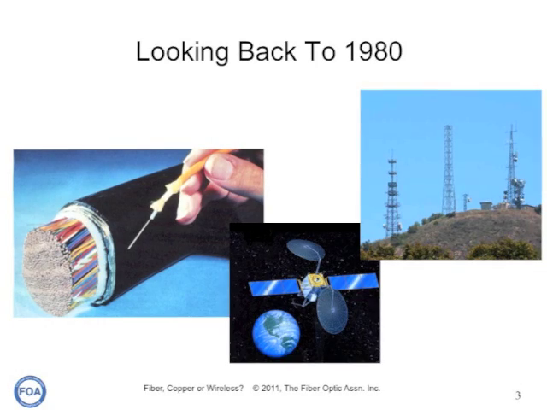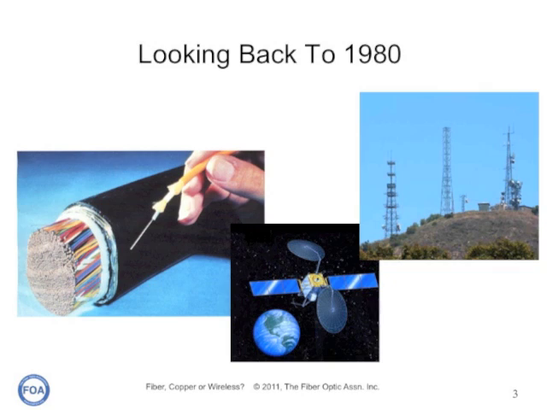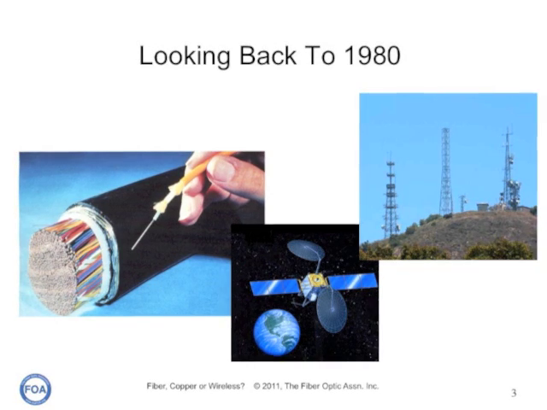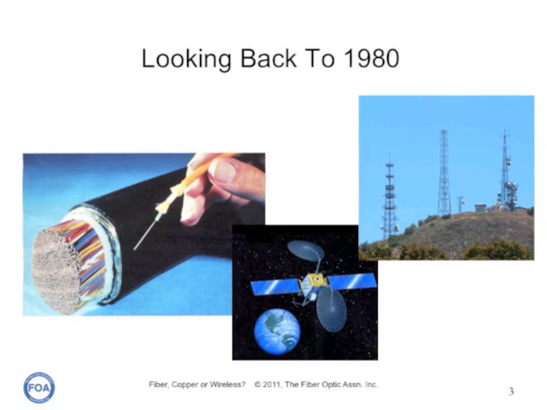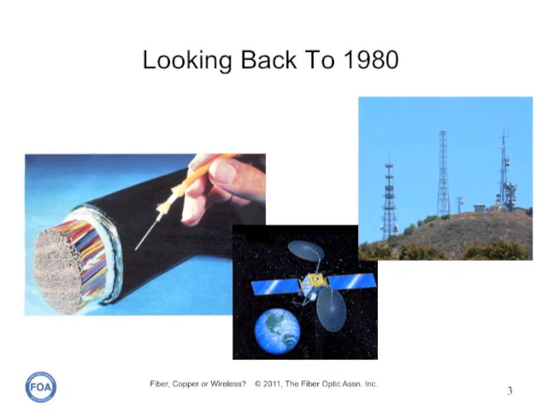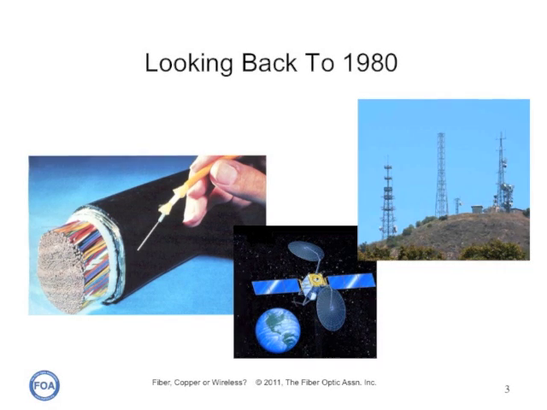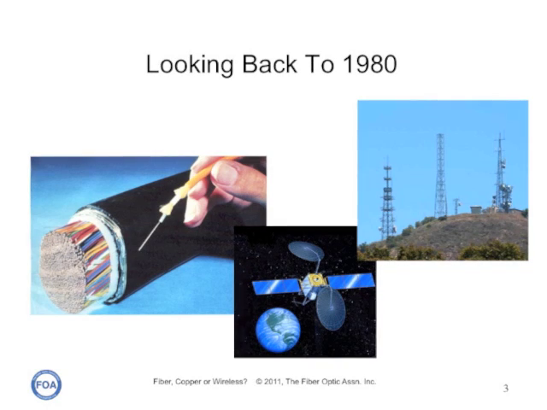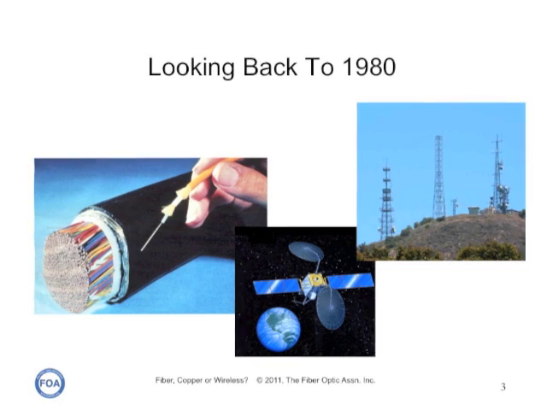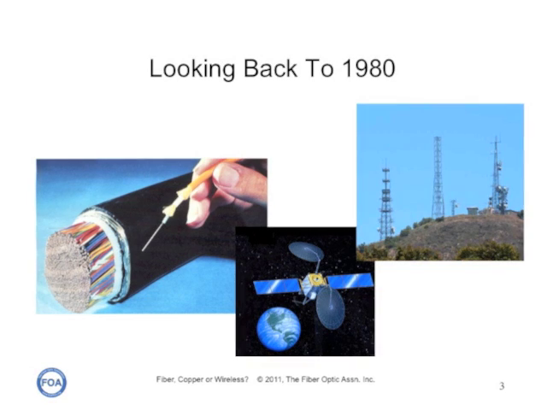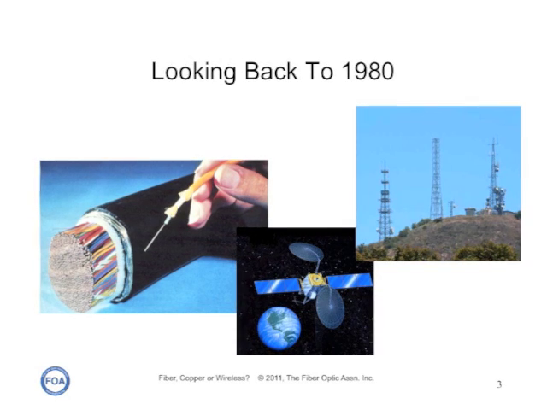In 1980, long-distance communications was either done by coaxial cable, typically buried underground or run aerially, or line-of-sight microwave with those strange dish antennas you'd see on towers, like in the upper right. For 15 years, we'd had communication satellites available with their annoying quarter-second delay. But a new invention, fiber optics, was just starting to become available. And the big selling point of fiber optics is one small fiber could replace a giant cable of twisted pair copper cables.